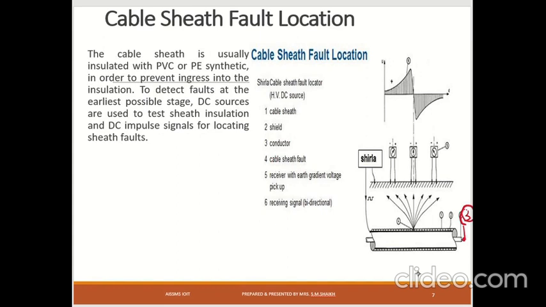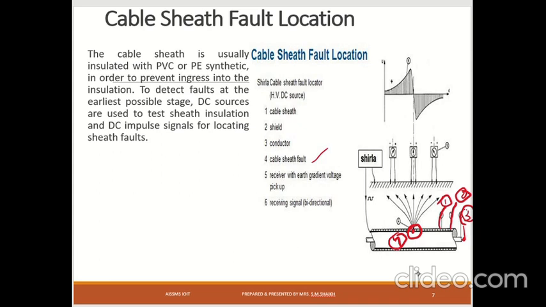Then on top of that is the shield. This is number 2. Okay, then on the shield, that is we had shown in the construction in the previous video that on the conductor there is a metallic shield, and on the metallic shield is the final cable sheath. Okay, so this is the first number, that is final cable sheath, and this is the point where the cable sheath fault has occurred, that is this is the number 4. Okay, so cable sheath fault is here at this point. We have shown the cable sheath fault that has occurred.